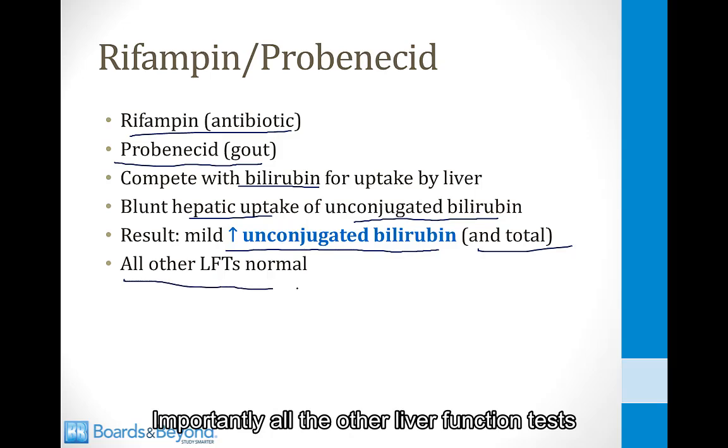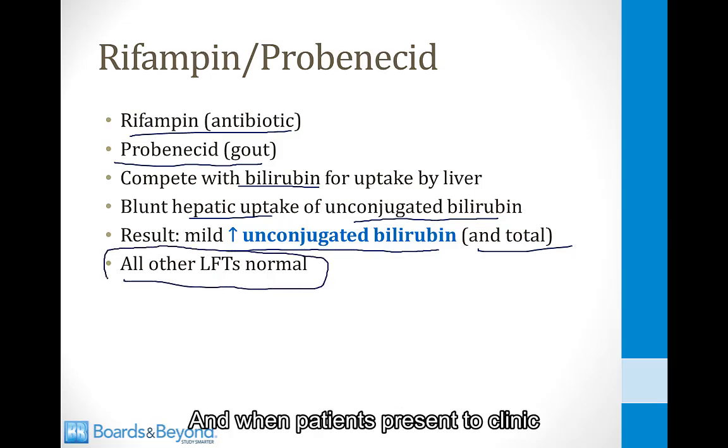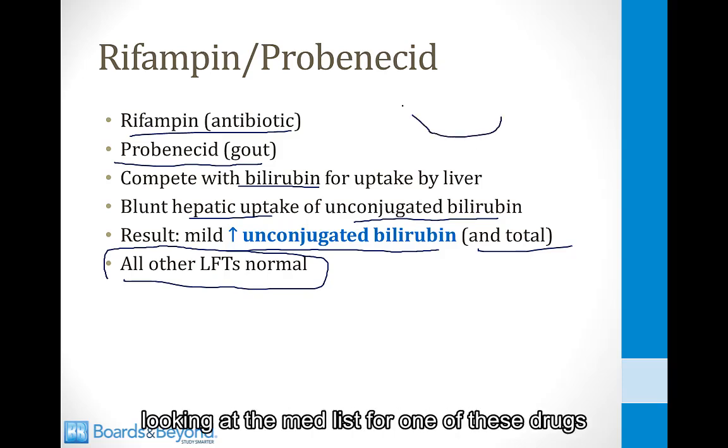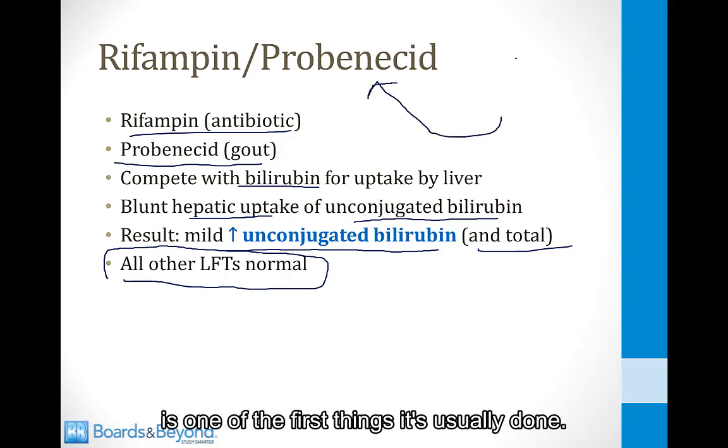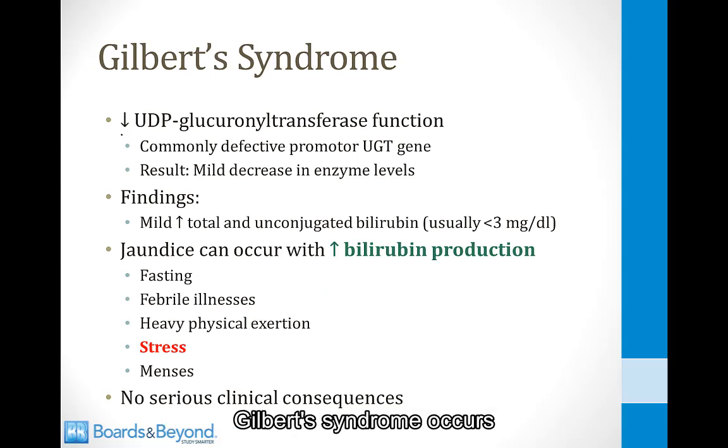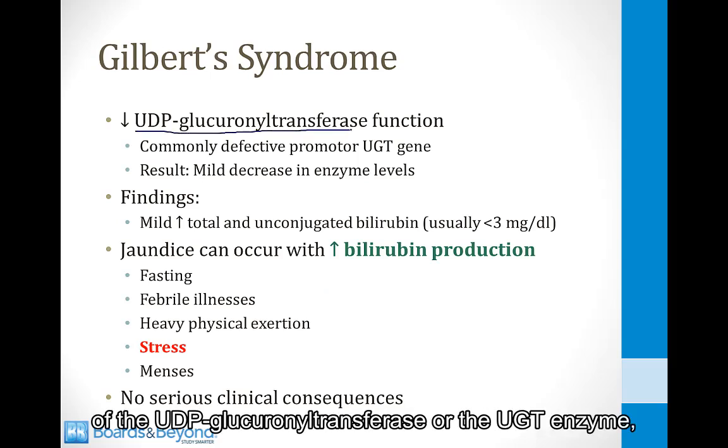Importantly, all the other liver function tests will be normal, and when patients present to clinic with a rise in the bilirubin level, looking at the med list for one of these drugs is one of the first things that's usually done. Gilbert syndrome occurs when patients have decreased function of the UDP glucuronosyltransferase, or the UGT enzyme, inside